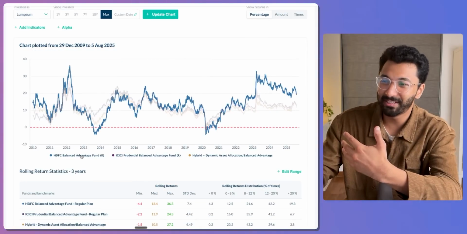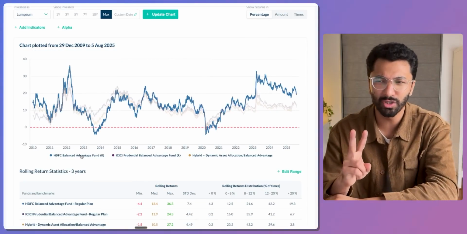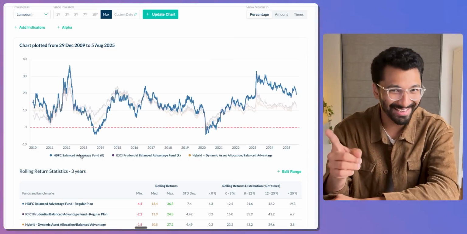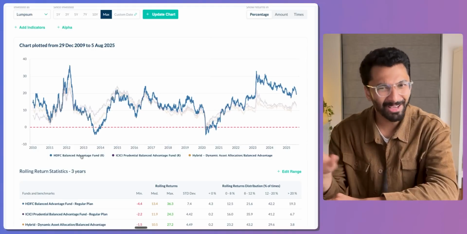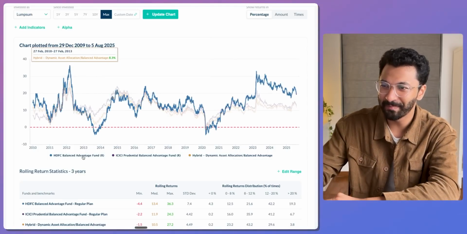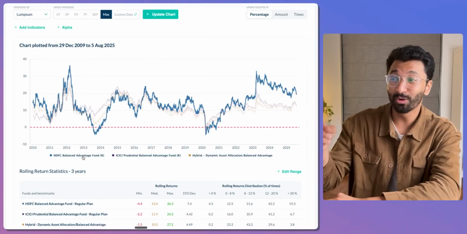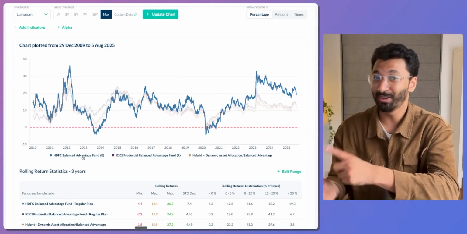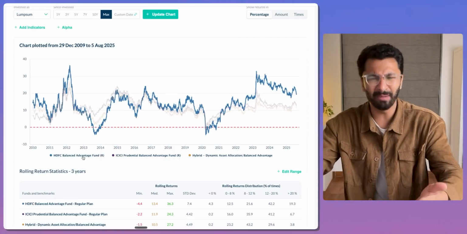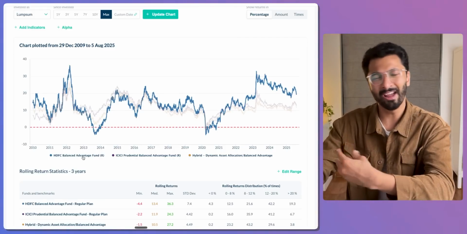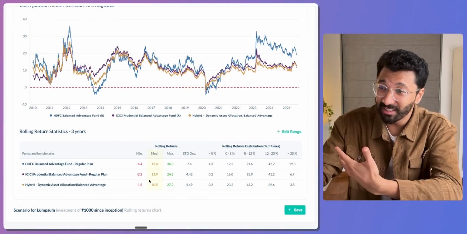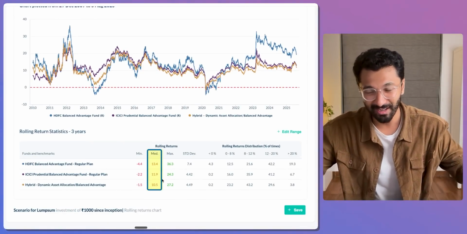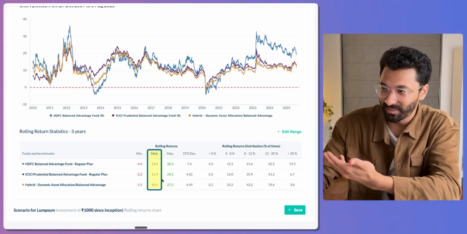So if I just highlight HDFC's fund here, you would notice the two occasions where it gave negative returns across a 3-year period wasn't 2008. It is actually late 2013, somewhere around here, and then in the COVID crash. And if you notice, the quantum of the fall during these two instances is actually higher than that you saw in the equity savings fund. And that is understandable, right? Because these by fundamental nature have higher money invested in stocks. Let's look at 3-year median rolling returns, and there you will see again, because they have higher exposure to stocks, they just have simply higher 3-year rolling returns as well.